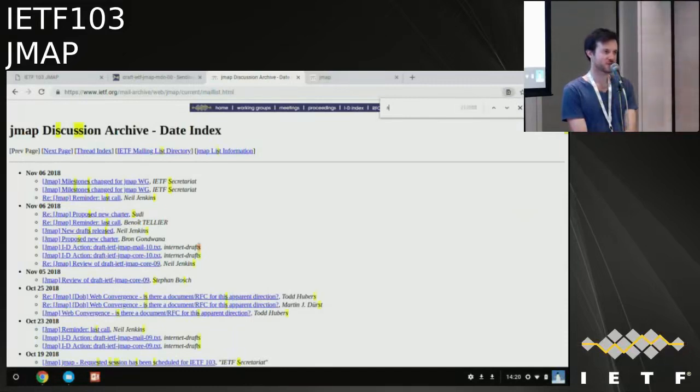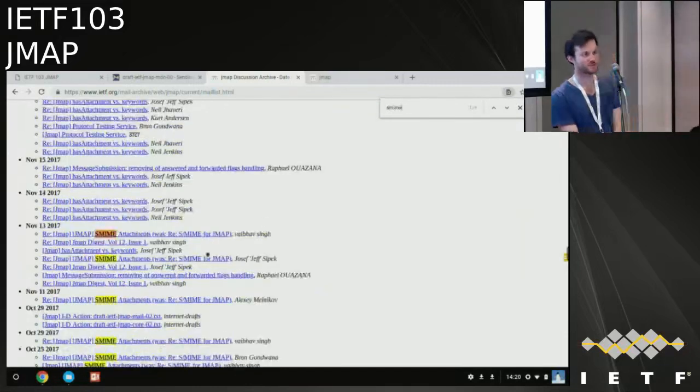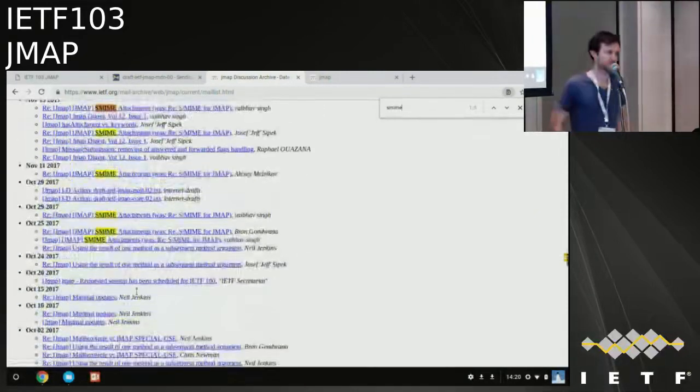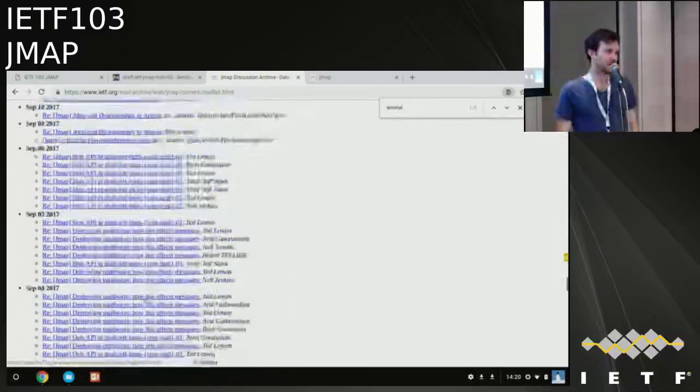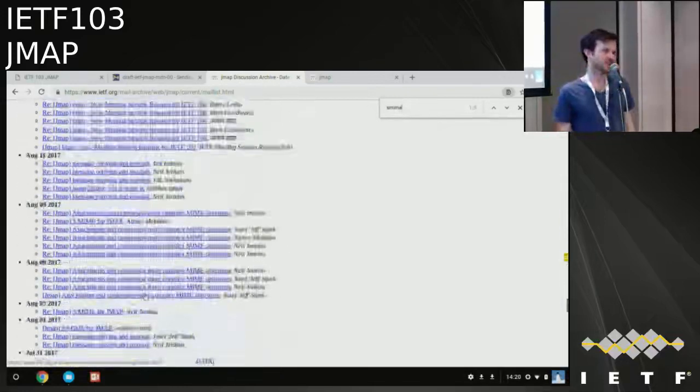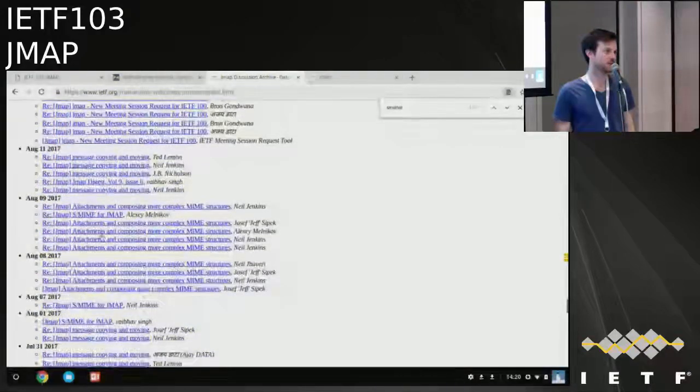Do you want to give a quick summary again, just of what it was? So I think it was doing just SMIME signature verification status as a separate attribute. So yeah, the server had the key and did the verification, and just added a property to the message to say whether it verified. No, actually, it doesn't need the key because as long as it has the root CA and can access it. Okay.